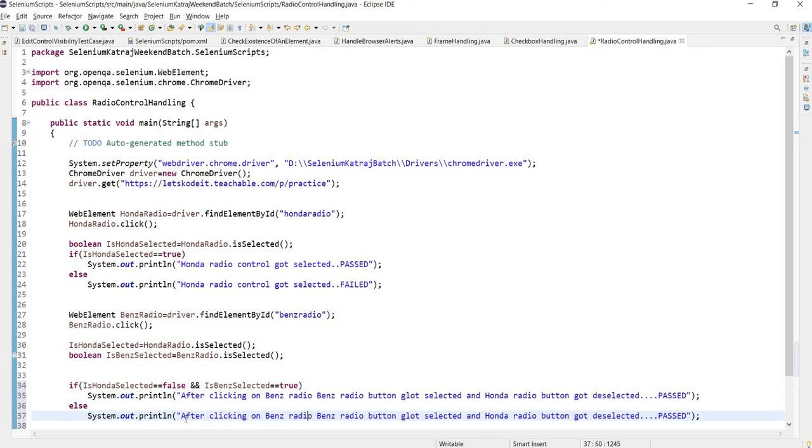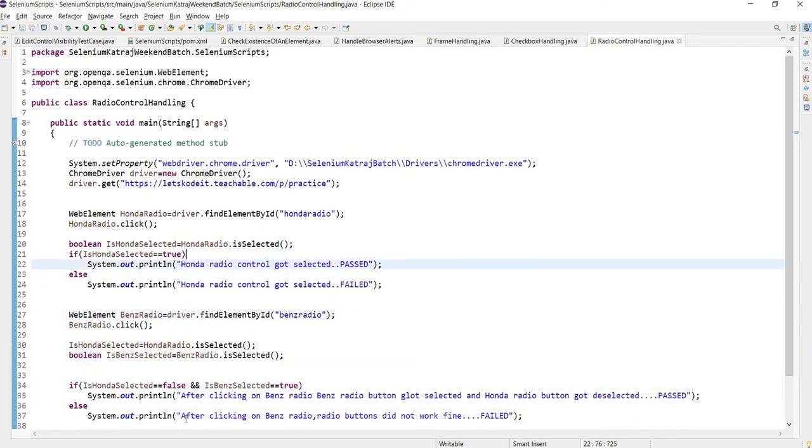Benz radio buttons did not work and failed.